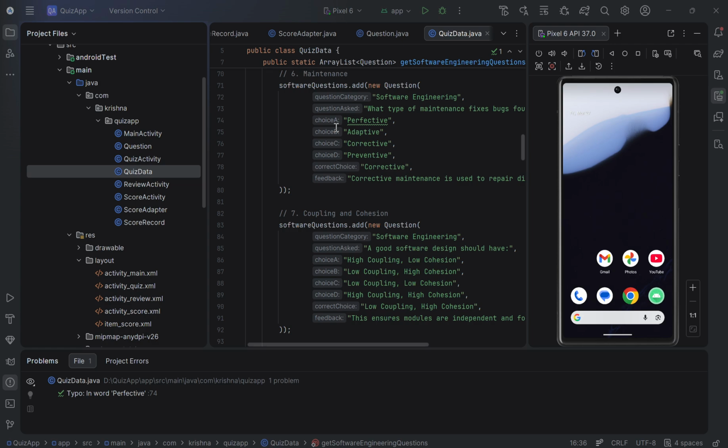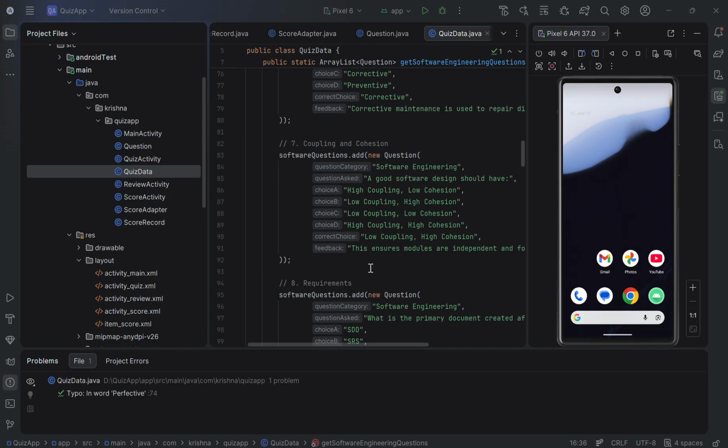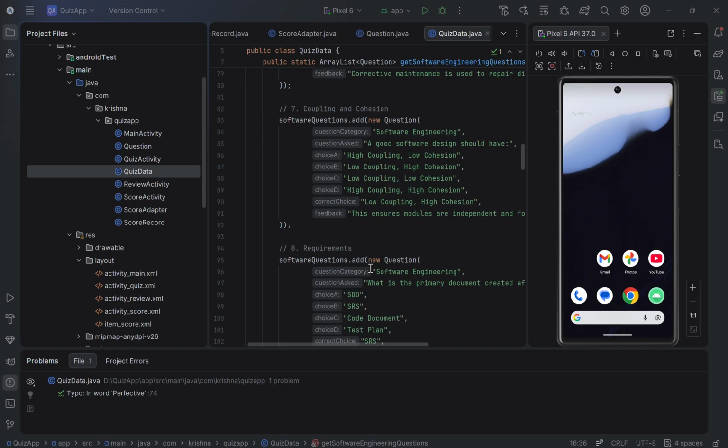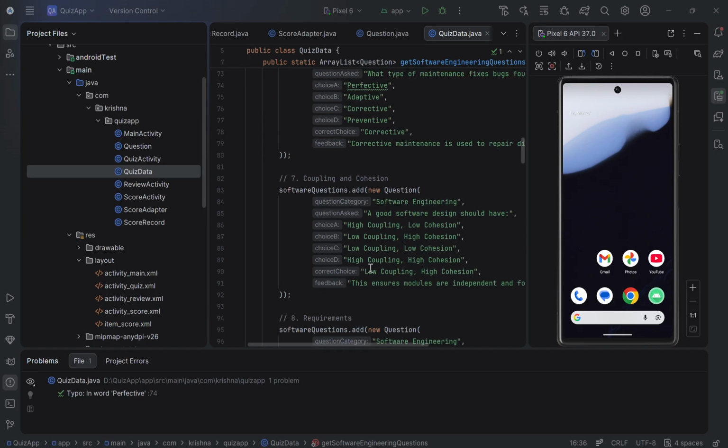Hello, I am Krishna Khatri, and in this video, I will be presenting my mobile web application development portfolio assignment. For this project, I have developed a mobile quiz application using Android Studio. The application will allow users to select a quiz category, answer randomly generated questions, and view their score along with